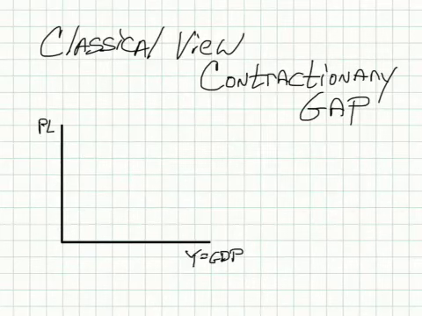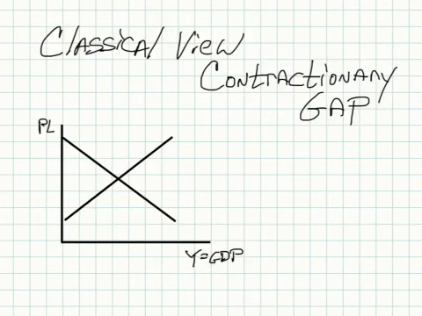Today we're going to talk about how to solve a contractionary gap using the classical view of macroeconomics. So, let's draw our graph. We have a downward sloping aggregate demand curve, an upward sloping short run aggregate supply curve, and make sure we label them aggregate demand and short run aggregate supply. We have our short run equilibrium,